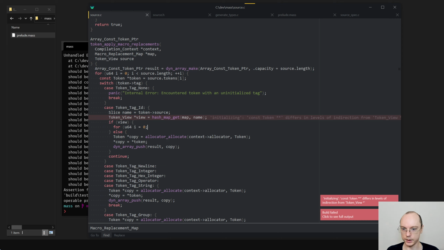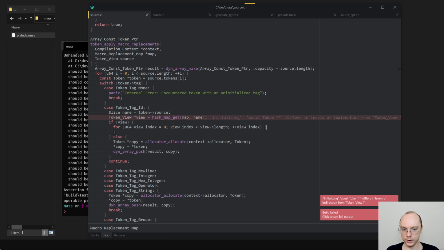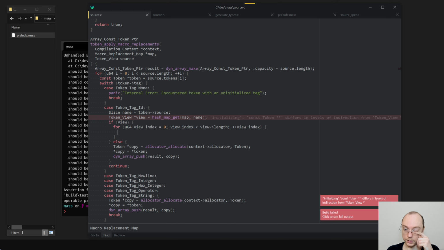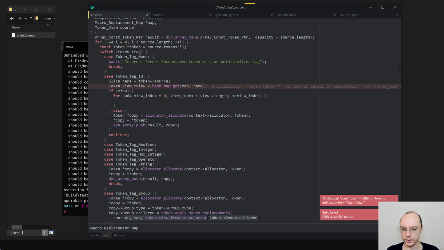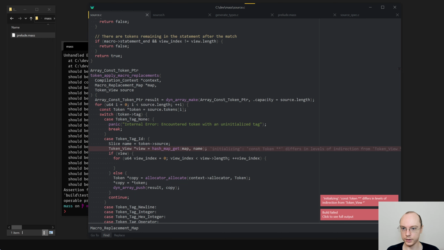u64 i0, not I. Let's say that view index is 0, view index is less than view length plus view index. And here we actually need to recurse, sort of in the same way as we do in here.